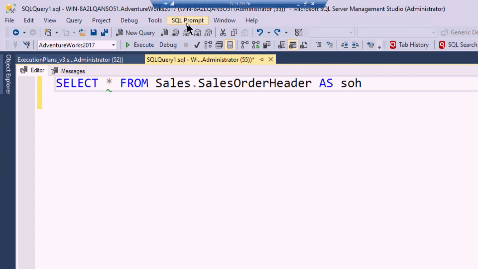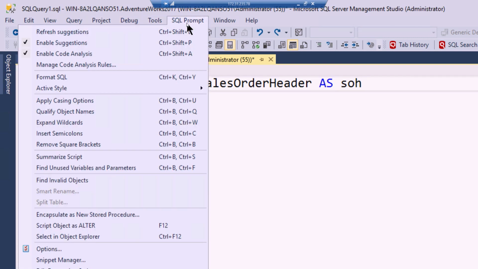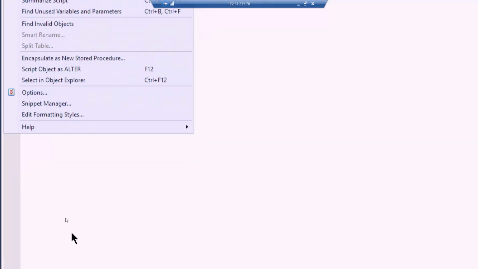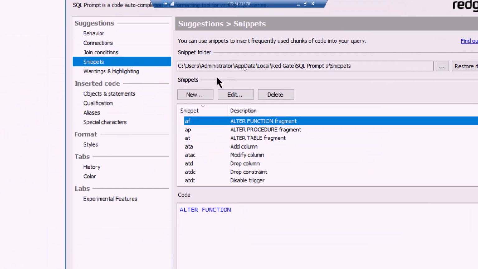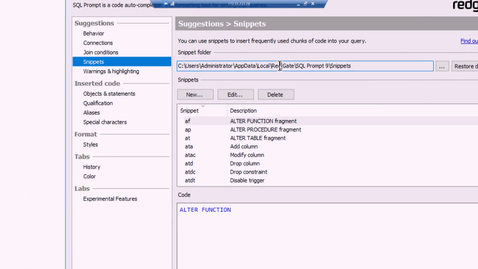Before we keep going with this, let's step back a second. I get excited about doing the new stuff, so I keep forgetting to review the things I want to review. Let's make sure that we've got code analysis enabled. You can see that. And let's go to the snippets manager. And you can see that there's a location. Now right now it's running locally.